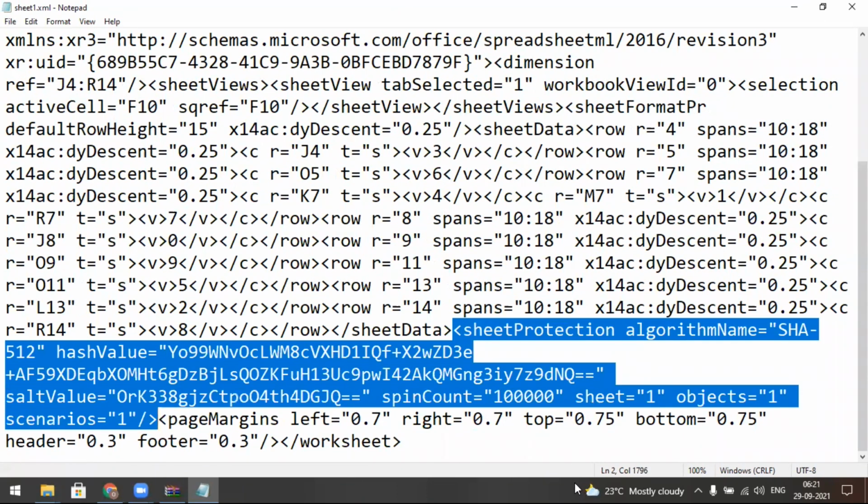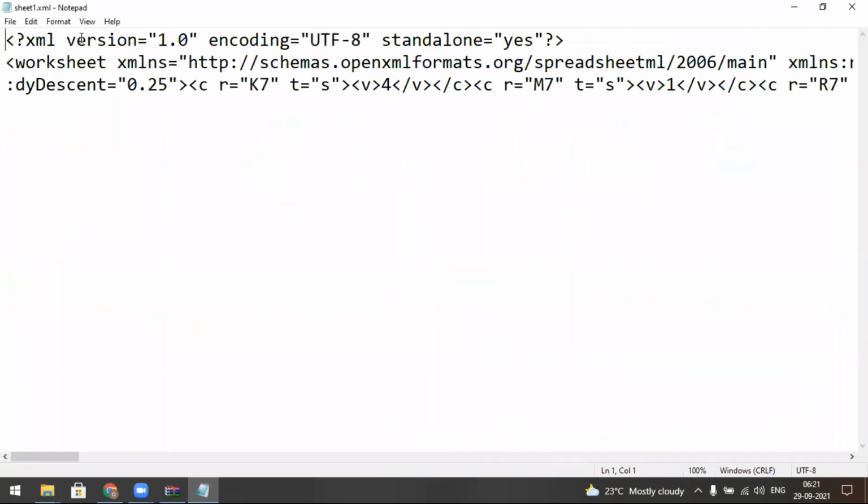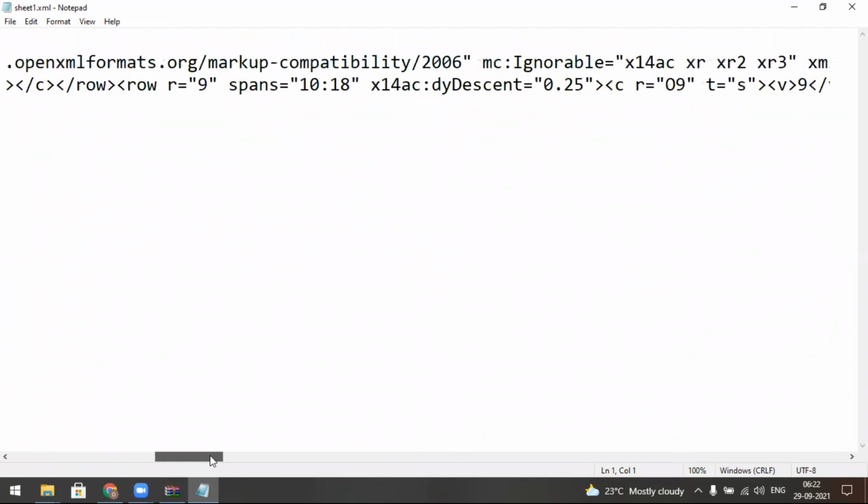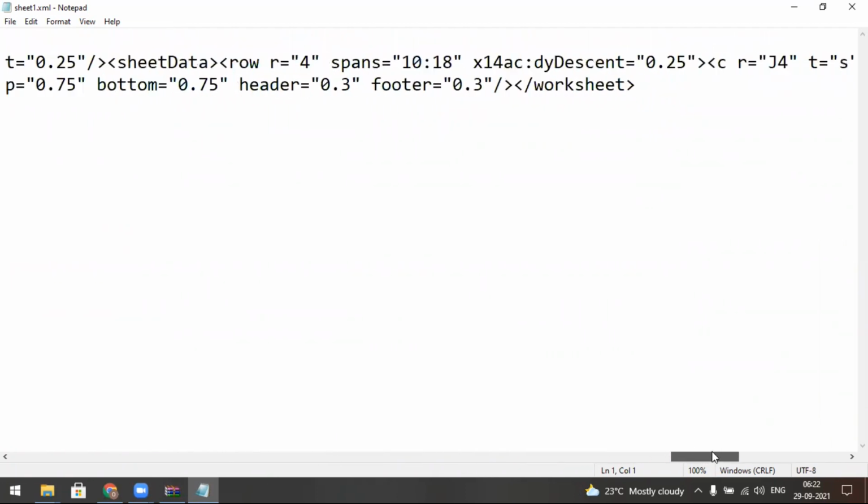In your system, by default, word wrap will be off. In Notepad, it looks like this, and the data looks like this.